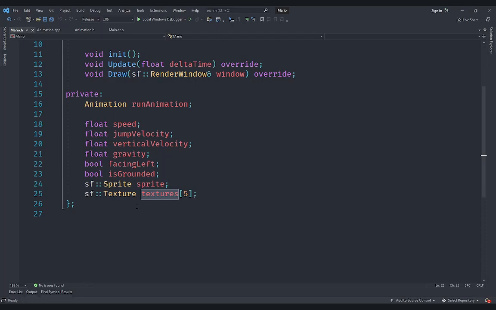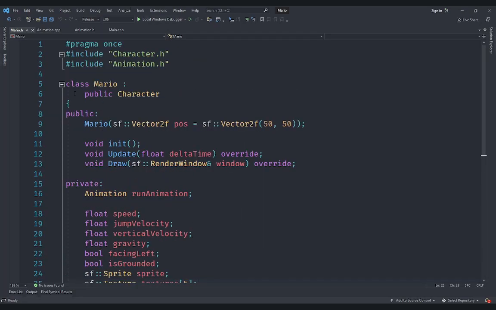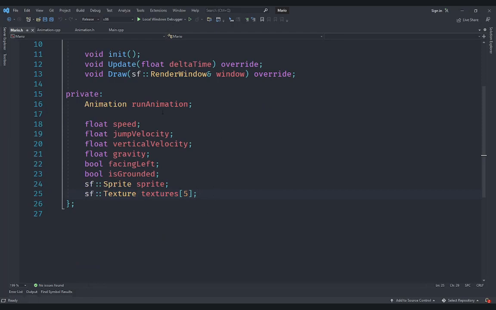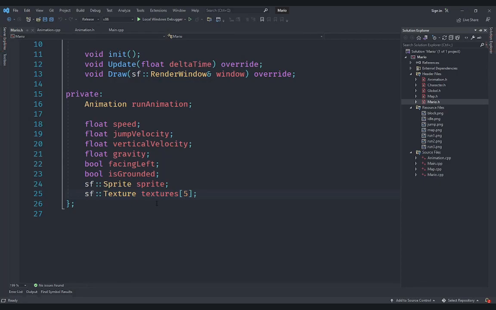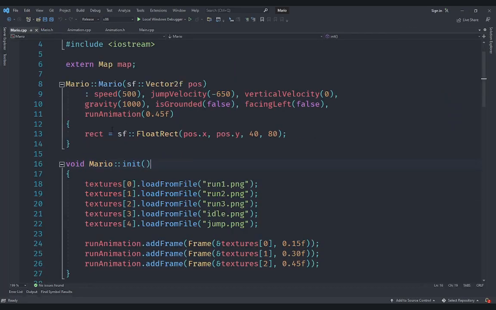We are using a C based array here, which means that we need to make sure that we get the correct amount of everything. And even though it might be better to use a C++ array, and you can do that of course as well, this also works, but we need to make sure that we do not access anything outside of the size. So if I go under Mario.cpp, we have got these 5 textures, and in the init method,